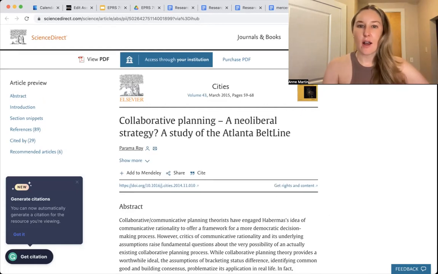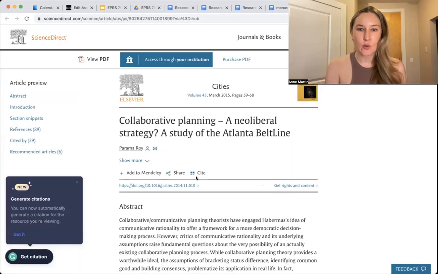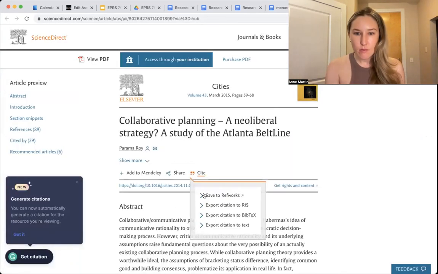So of course, you can save it, you can download the PDF, but Georgia State and a lot of the databases have tools to help you get the APA citation. So for your research proposal, you have your reference page, and we're going to be reading towards the end of the semester about how to format it, but I'm going to show you how to do that now. So when you click the Cite button,